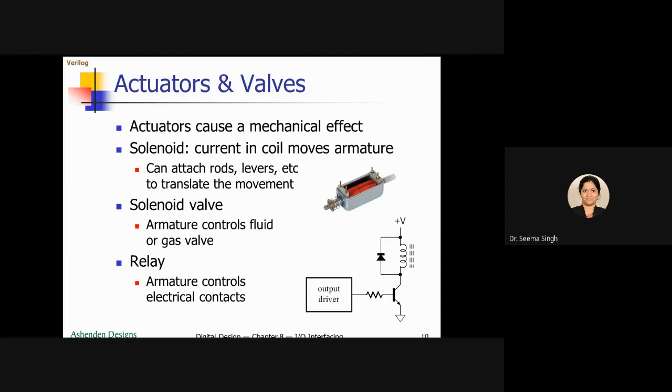Movement can be of various methods. For example, if you want to switch a valve on and off. Why do you need to switch a valve on and off? You all know that in fluid machinery, you need to control the flow of liquid. So when you are controlling the flow of liquid, you need to open and close a valve.